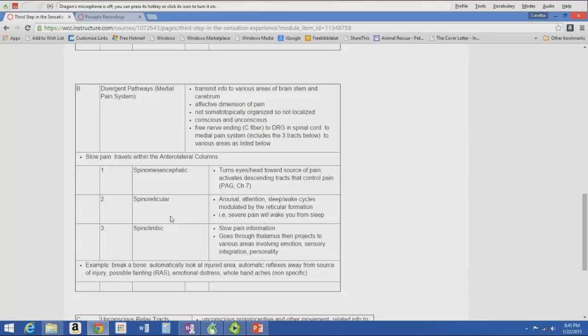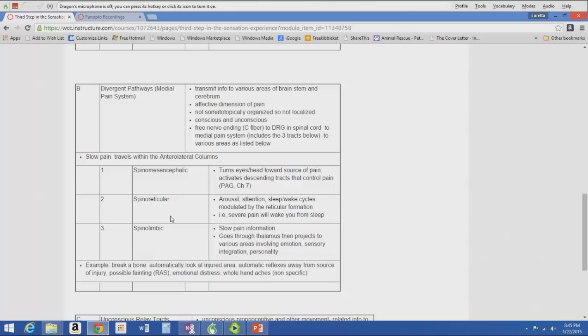So it's slow pain information that goes in the spinolimbic tract, goes through the thalamus, so we're conscious of that. We are not conscious of the information running in the spinomesencephalic tract, because it has to go through the thalamus for us to be conscious of it. We're not conscious of the information running in the spinoreticular tract, but the spinolimbic tract, we are conscious of that, because it goes through the thalamus and then it projects to various areas in the limbic system involving emotion, sensory